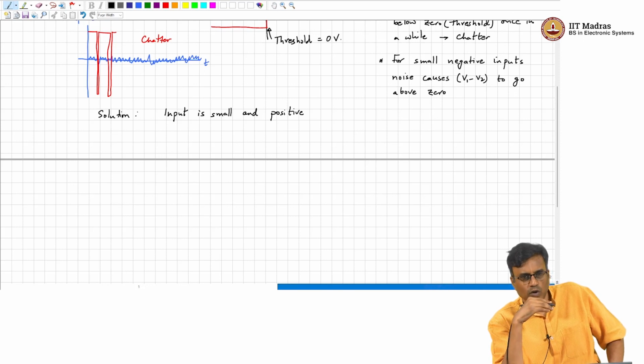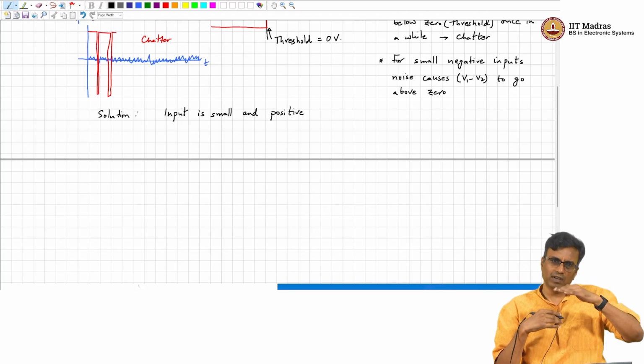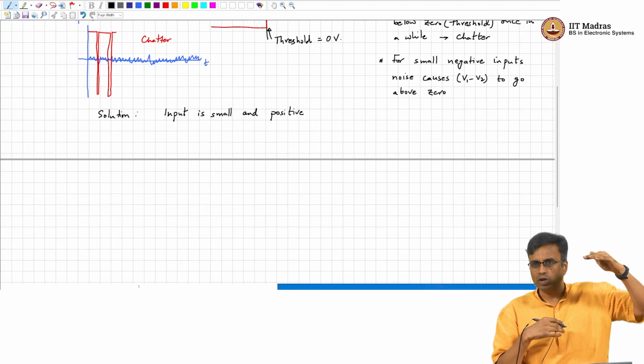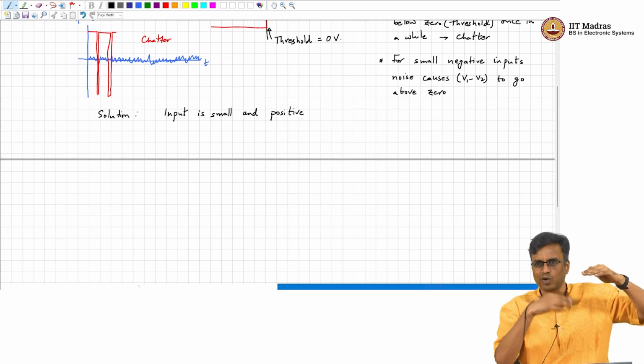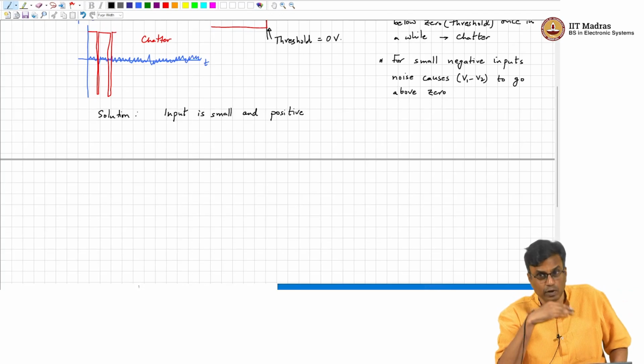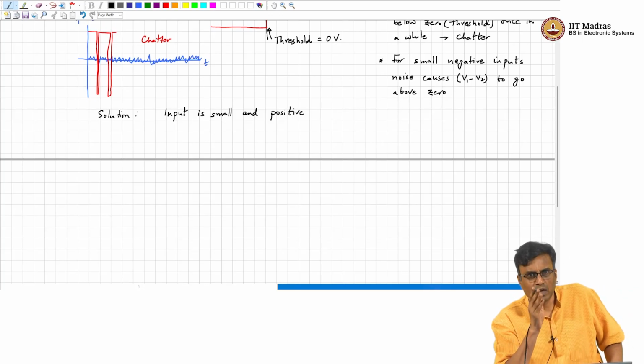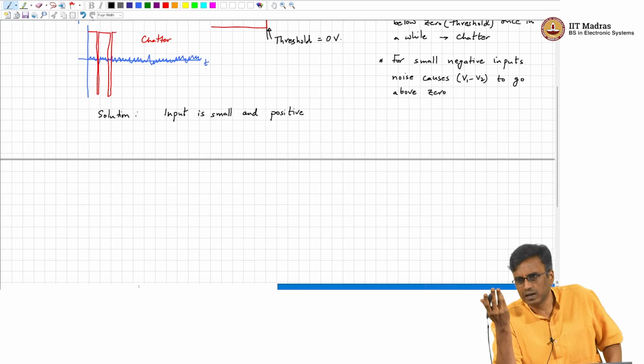Okay. So, when the input is very far away from the threshold, it doesn't matter if the threshold moves, because when you add noise, or even if you deliberately move the threshold, if the input is far away from the threshold, it doesn't matter, correct? Okay. It only makes a difference when